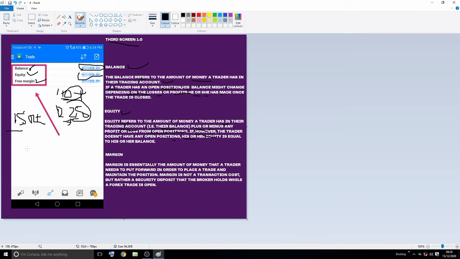But the exact opposite happens if you have $10 and you have a -5 running. Your balance will remain as 10, but your equity will be saying 5, showing you that if you close this trade, your balance will change to 5. So I hope you understand the term equity. Then let's move to